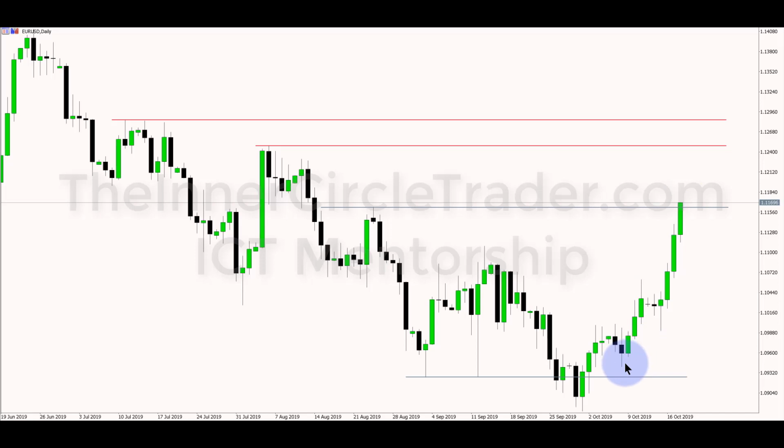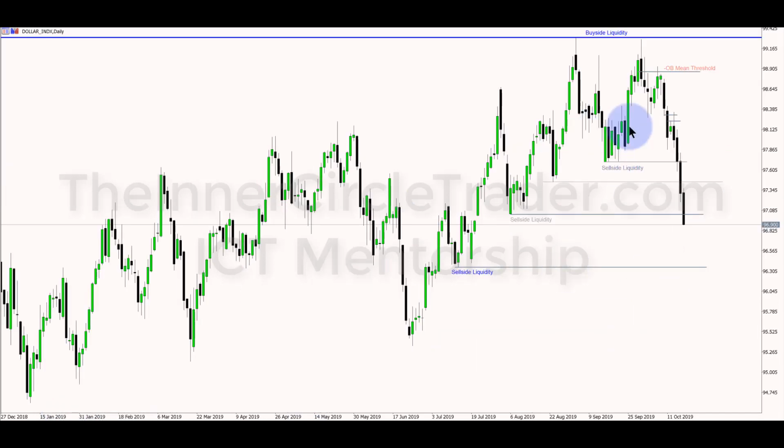You want to study from this low up to last Friday's close. Break all that down, and I'm going to do that for you in some manner, not all of it, because if I do all of it, it steals a lot of the discovery for you. But notice how we had a real easy run on Thursday and Friday on Euro to get above this high and this high. Very easy, where it was back and forth in here at the same time that the dollar index was inside that range.